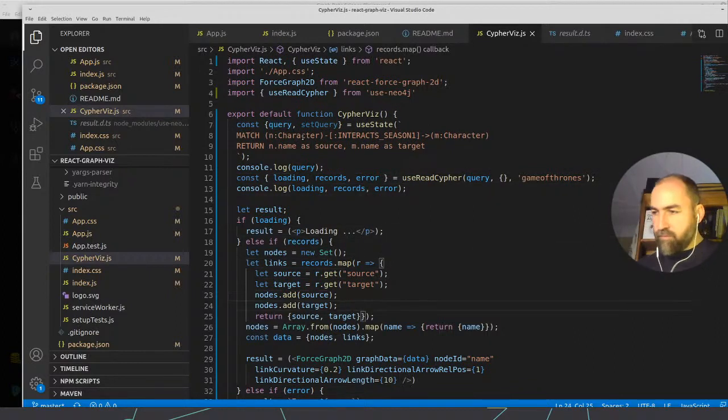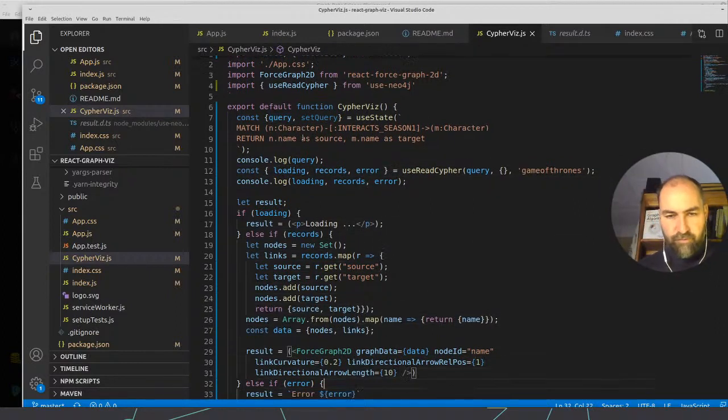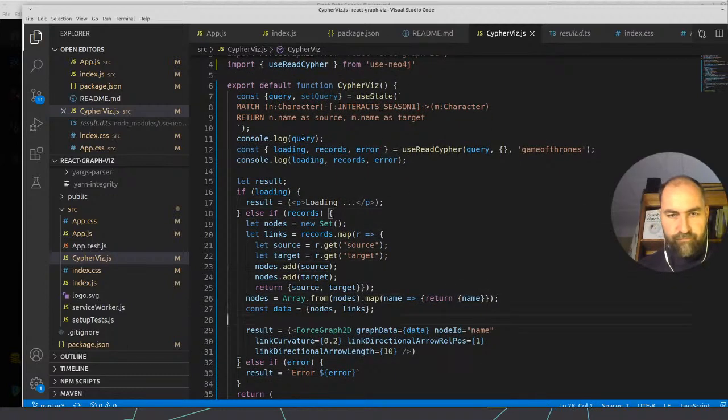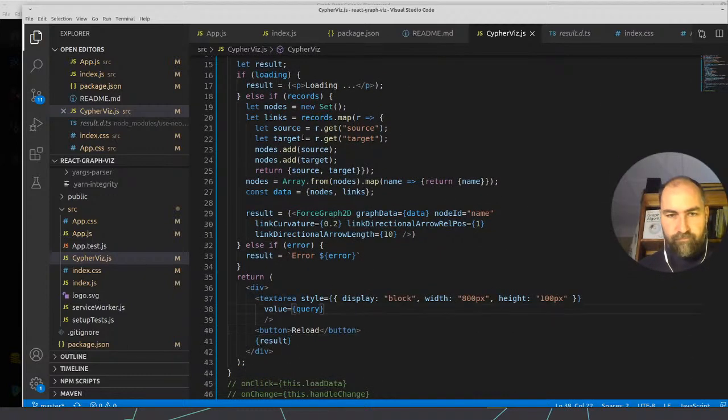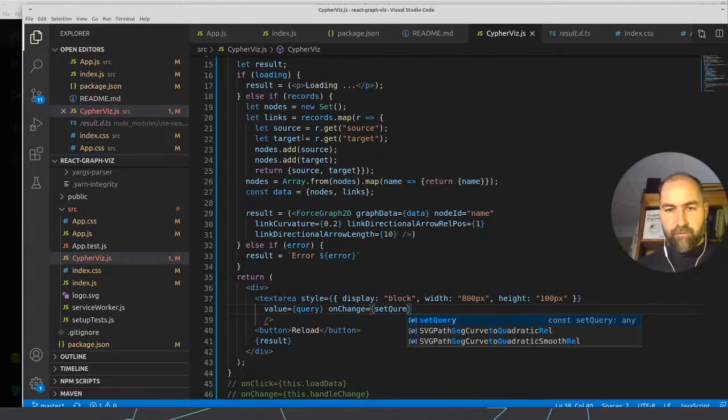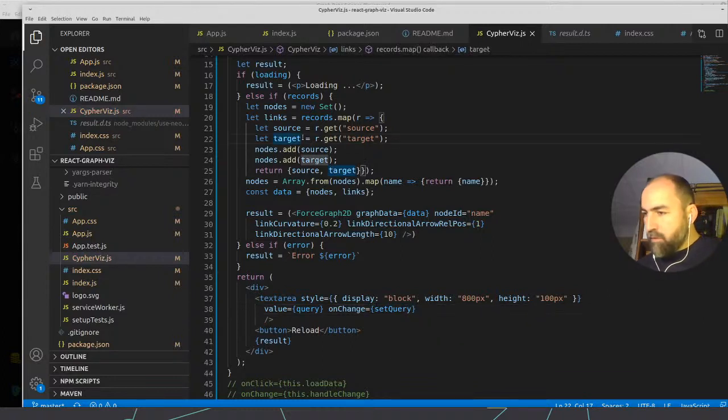and then I need to use onChange, set query, target value. Oops.